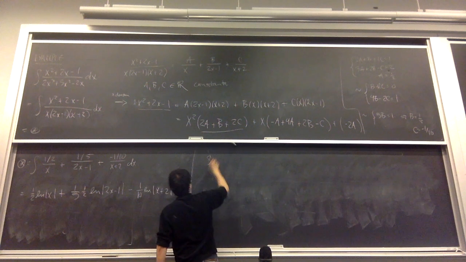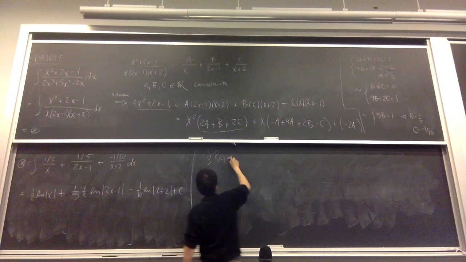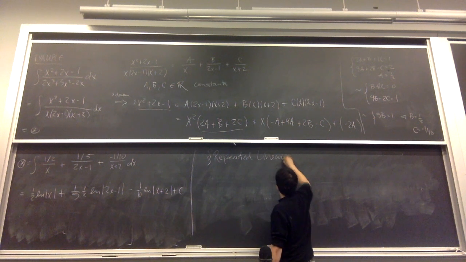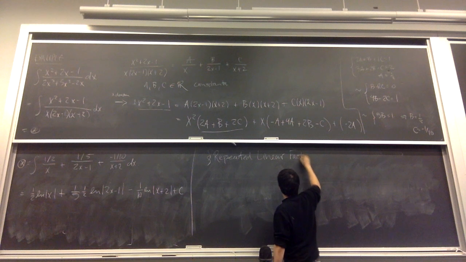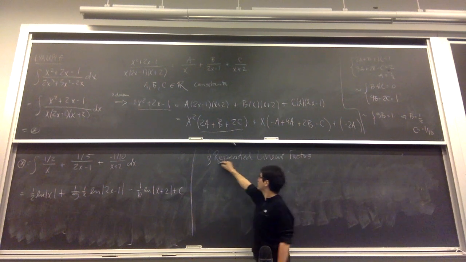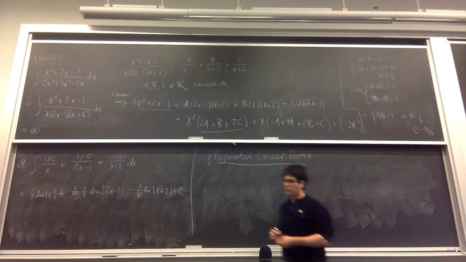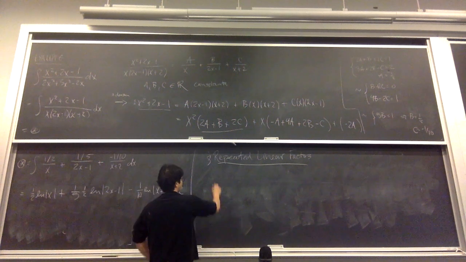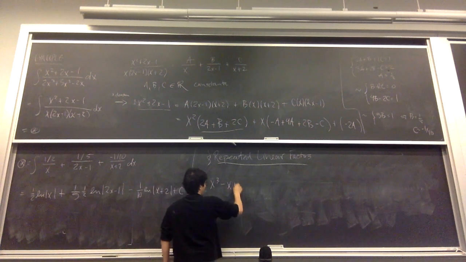Now we have to talk about the next form, which is repeated linear factors. Maybe the general form's too confusing. That's in the notes, but I'm just going to give you an example. Okay? So, if we have this,